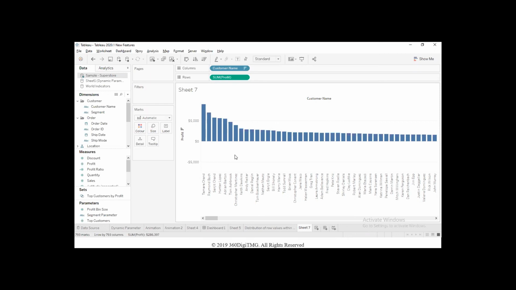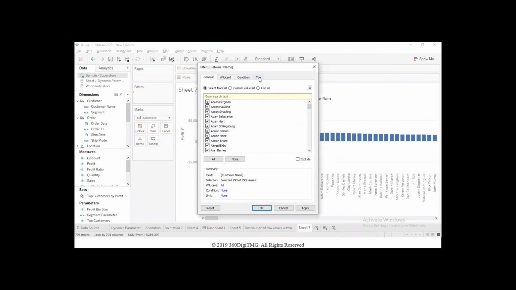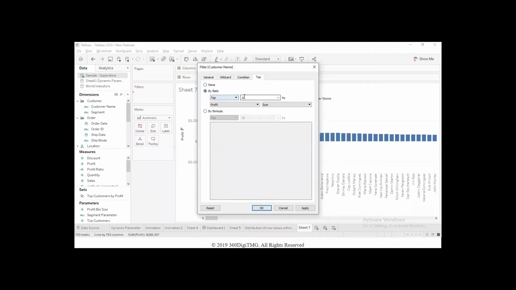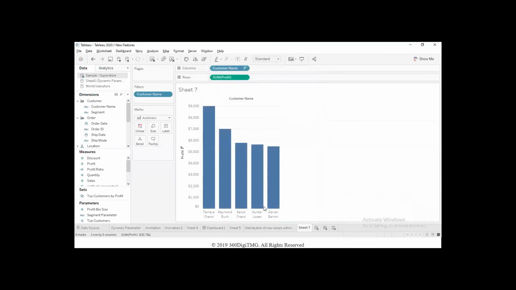Then what I would do is put a filter telling Tableau to give me only the top 5 profitable customers of the business. Tableau will do so. But let us say your client comes up with a new requirement and says that not 5, the management would like to look at the top 10 profitable customers of the business because they want to reward those 10 customers. So what will happen?